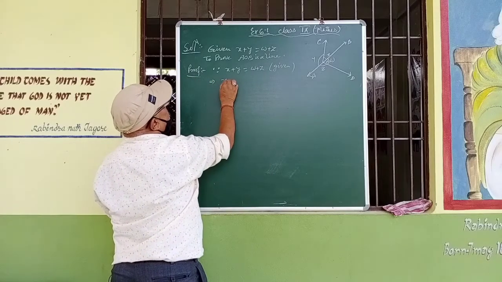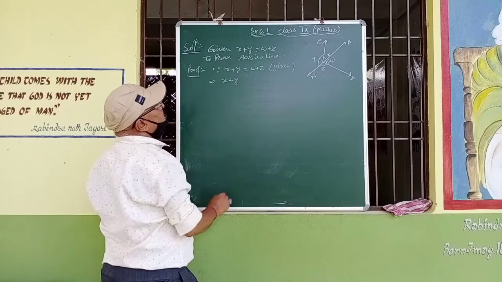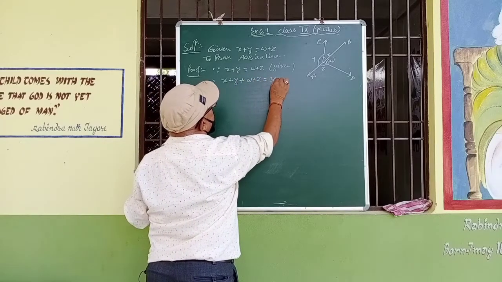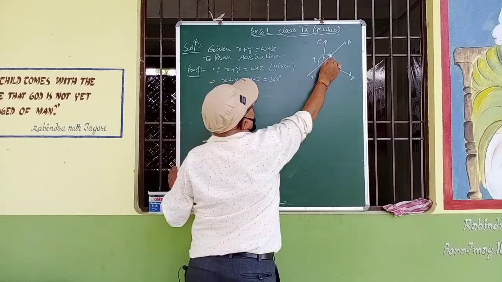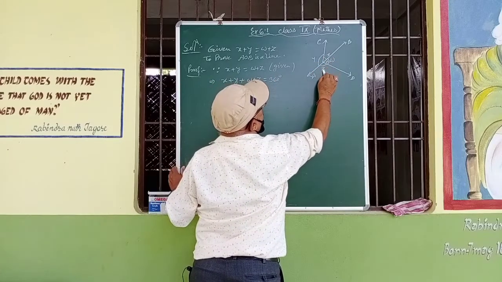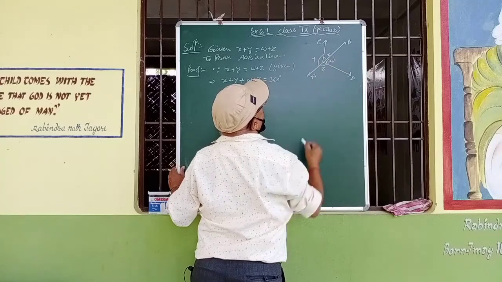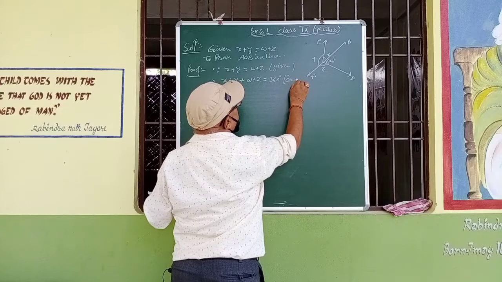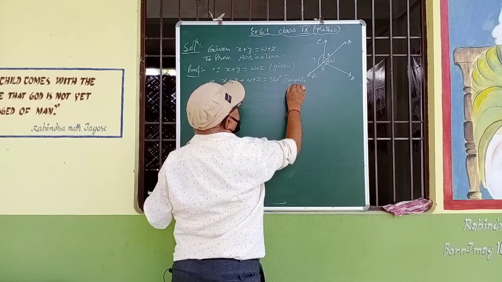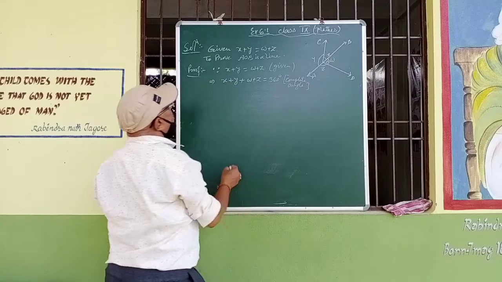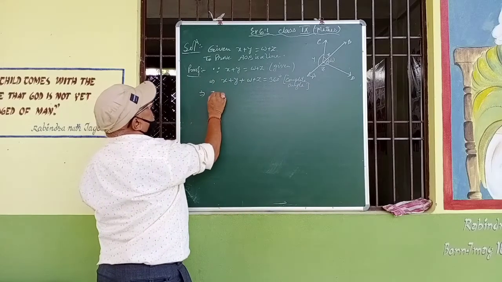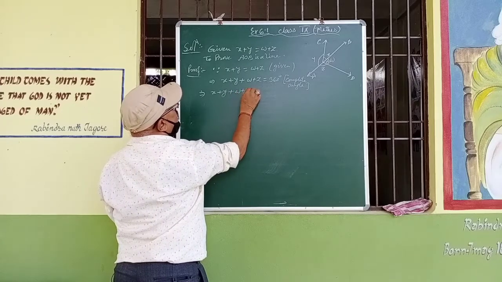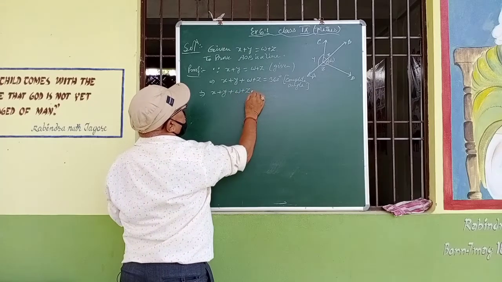or x plus y plus w plus z is equal to 360. x plus y plus z plus w, all these four angles are equal to 360 because it is a complete angle. So x plus y plus w plus z